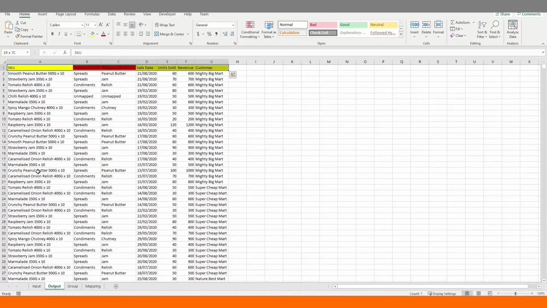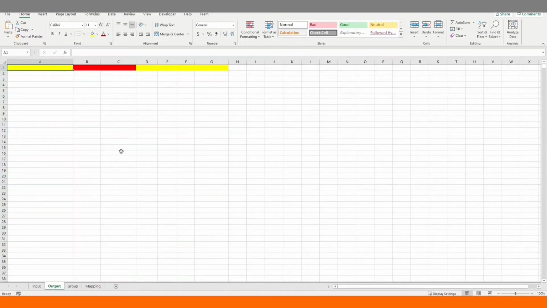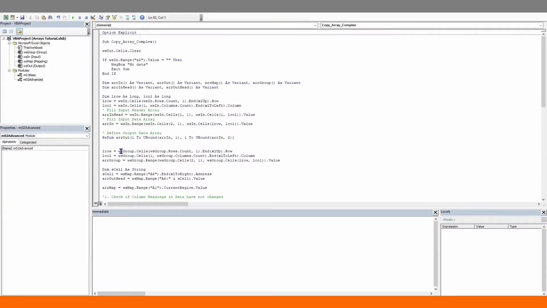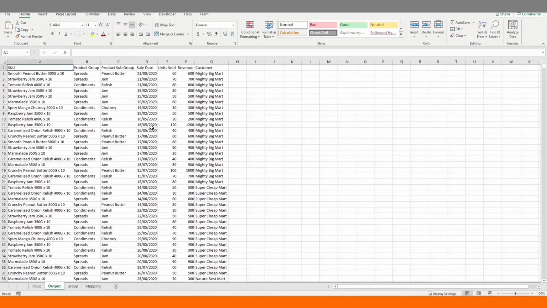Okay, let's delete the contents in the output sheet and let's Alt F11 to the VBA editor. We have our final code right here. Let's run this and let's head back to the output sheet. And great, we have the data in the right columns in the output sheet, but we are not done yet. This code is designed so that the front end user can update the mapping tables if the original data set